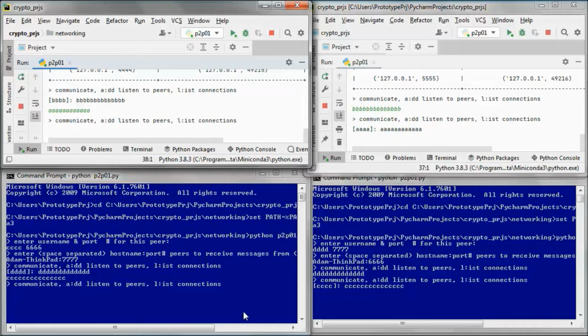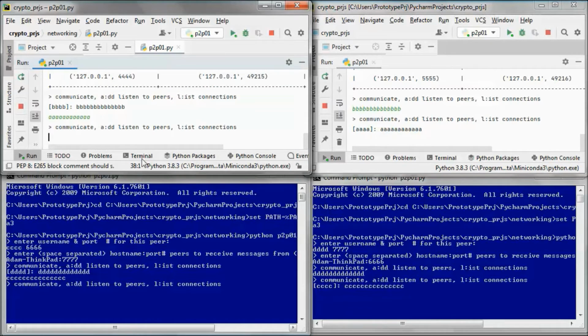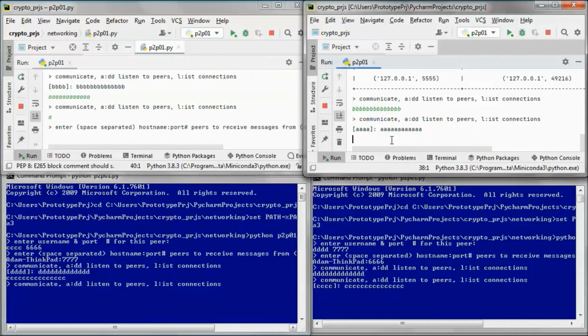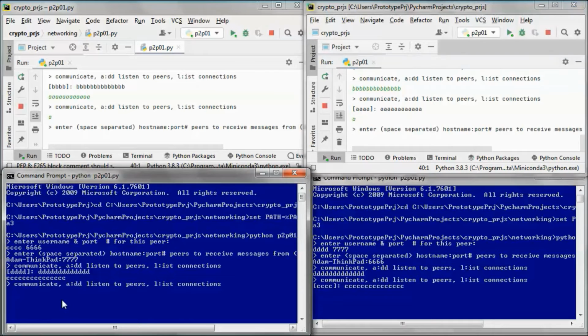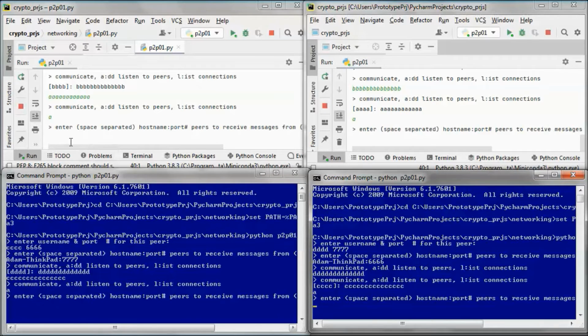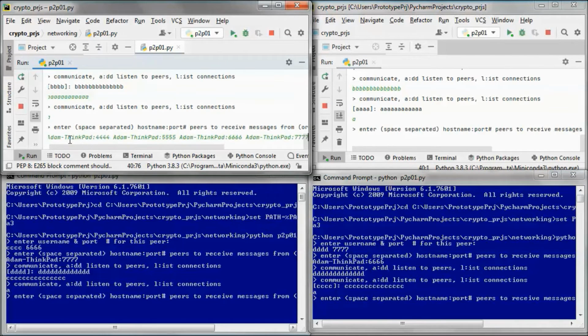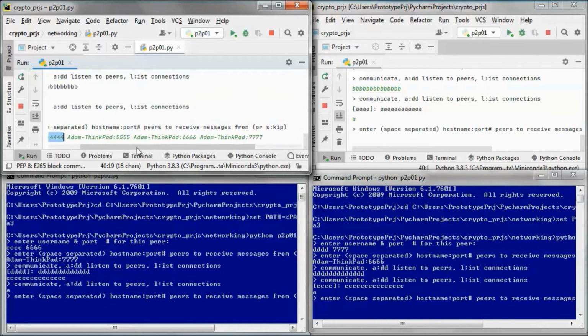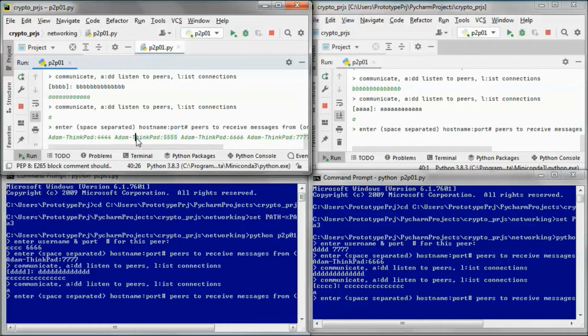And now let's have everybody picking up messages from everybody else. So it does check so that it doesn't send messages to itself, and it does check that it only sends messages to peers that are picking up messages from it one time.